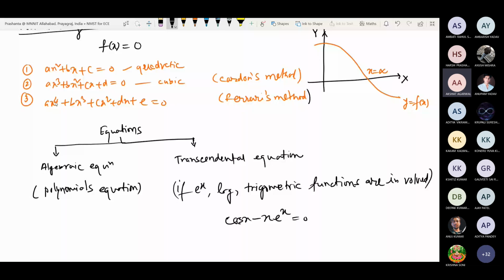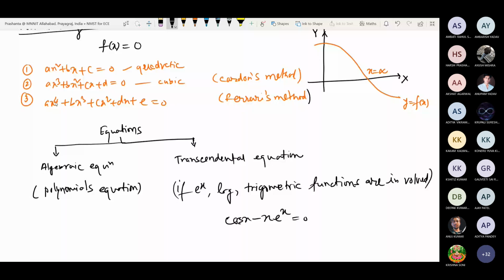What you have to do is use some approximation or numerical method. You start with some initial guess and improve that guess in each iteration until you get the solution with the desired accuracy. So you see the need for root finding methods. If the degree of the polynomial equation is more than 4 or the equation is transcendental, you are very limited, and you must employ some numerical methods.